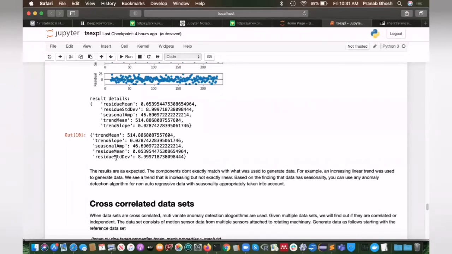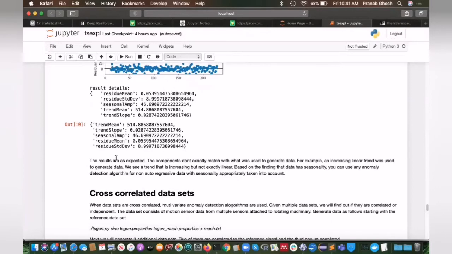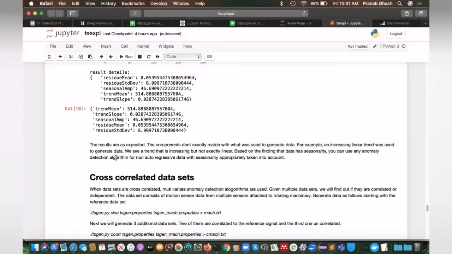For example, if you have a daily cycle and you have hourly data, you have to build 24 models, one for each hour of the day. And when you make predictions, depending upon which hour your data falls into, you have to choose the right model. So that's one way of dealing with seasonal cycles